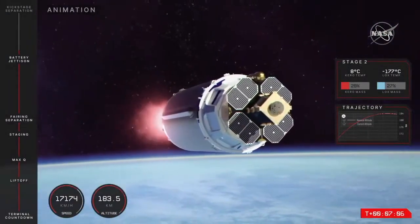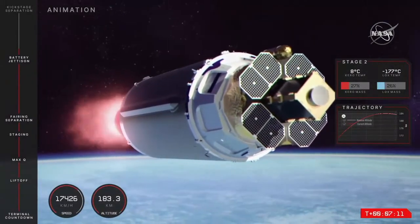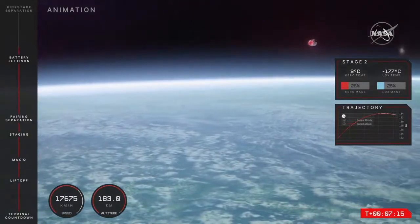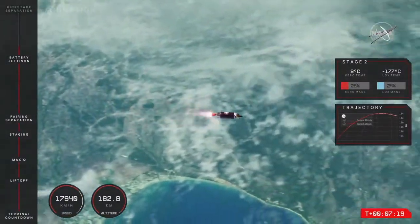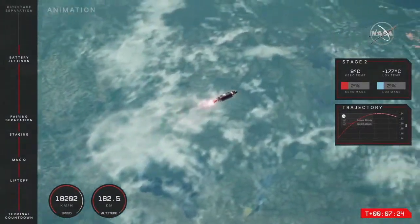There will be a bit of a gap between that final separation and the first Hypercurie burn, as this stage separation places the Photon lunar upper stage in an elliptical orbit of Earth first. Now, a reminder that 165 low Earth orbit is just the first orbital phase for this CAPSTONE mission,